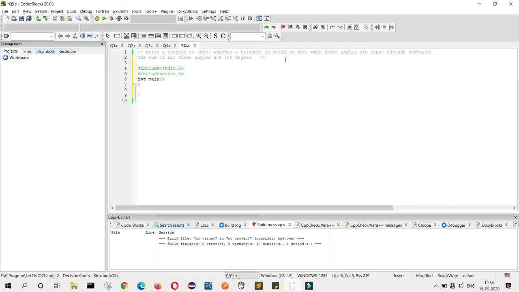So here we need float. As you know that a triangle has three angles, so we need A1, angle 1, A2, A3, and we need sum.